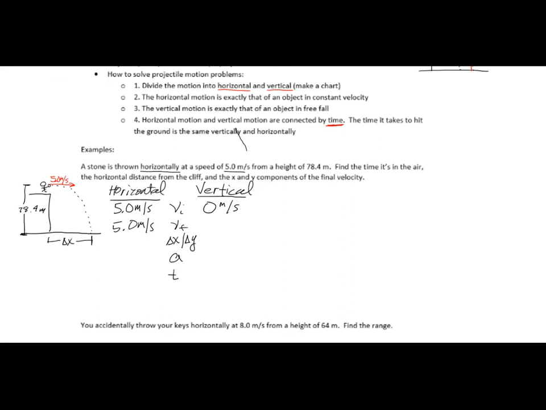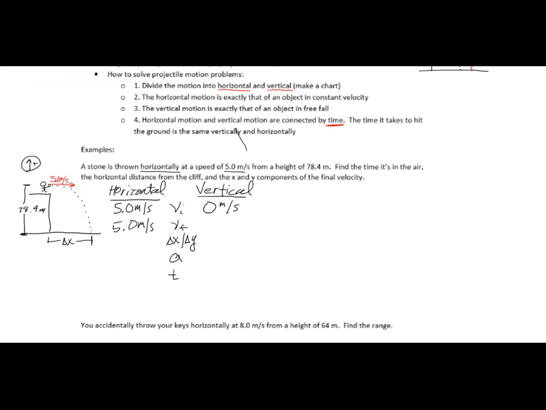but it's going to be some negative value because, oh, and I forgot to put this, we have to do our coordinate system. I'm going to say up is positive. So that means the downward direction is negative. So at the final, it's going to have a negative final velocity because it's moving downwards. It's going to have a negative displacement, and it's going to have a negative acceleration because of my coordinate system. If you want to make down positive, then you would have a positive final velocity, a positive displacement, and a positive acceleration. It is your choice, but I think it's a little easier just to make up positive, down negative